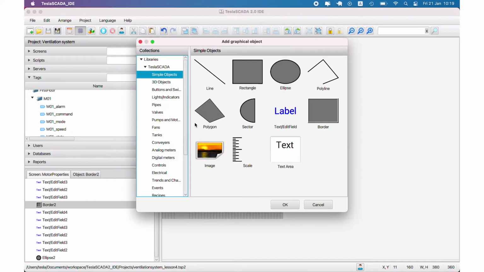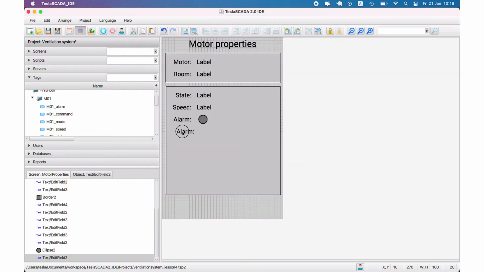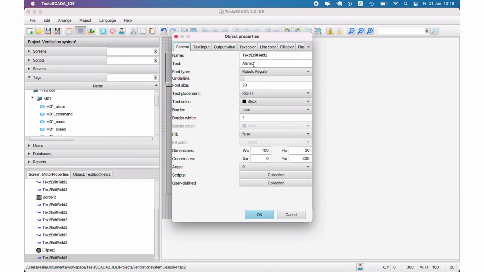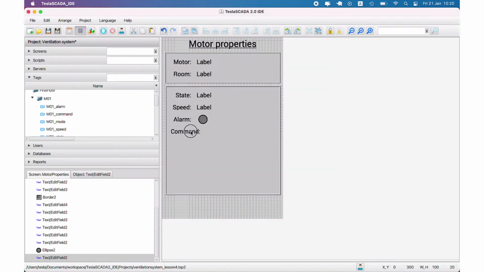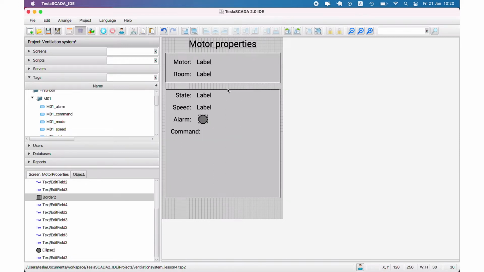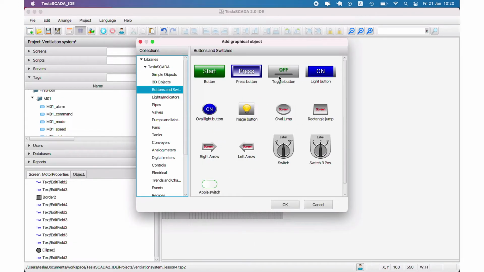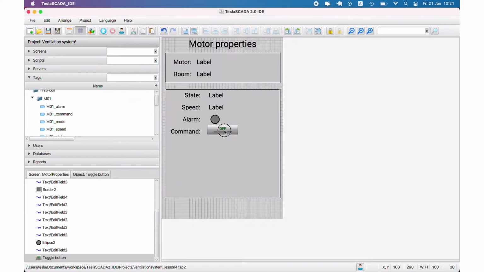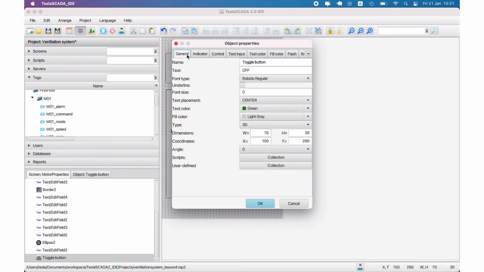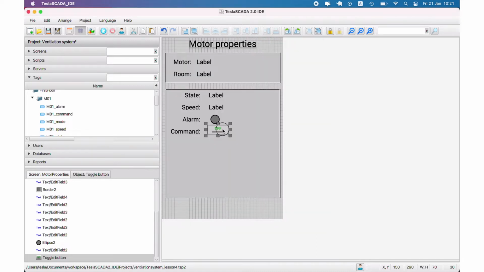And the next property of our motor will be mode, manual, or command. Command will depend on the command text of the motor. Let's make some alignment, and let's bind this command to the button. We choose toggle button and